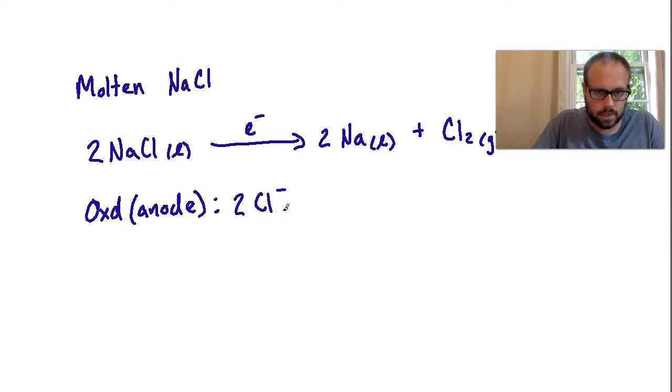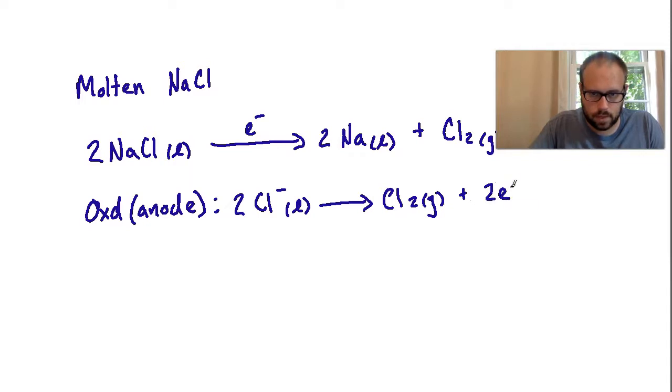2Cl- in liquid form, because this is coming from the molten form of this, going over to Cl2, with a loss of the 2 electrons there. The gain will be on the reduction side. So the reduction right here, that's going to be the cathode,